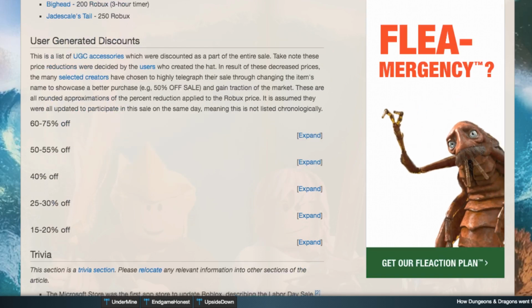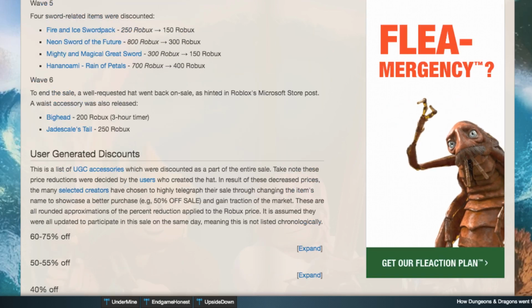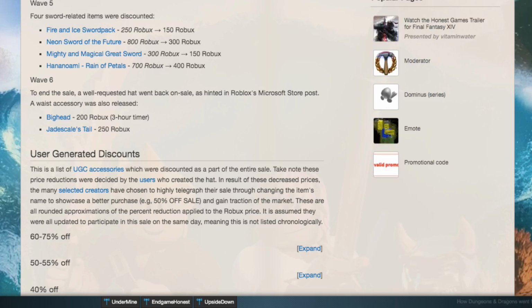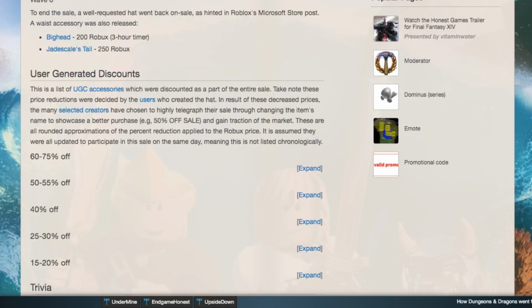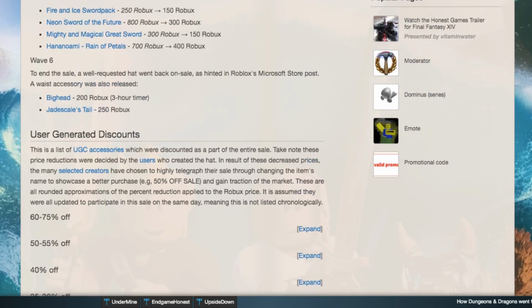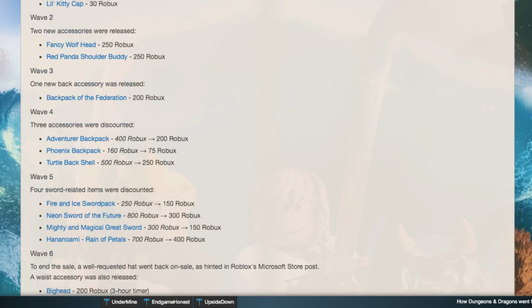So yeah, the good thing I do see is UGC. That's a breath of fresh air for Roblox. Honestly, I'm really glad that they did this stuff and some of the promised new development features that they're adding. Yeah. As for things I would like to see in this sale that could have made it better,